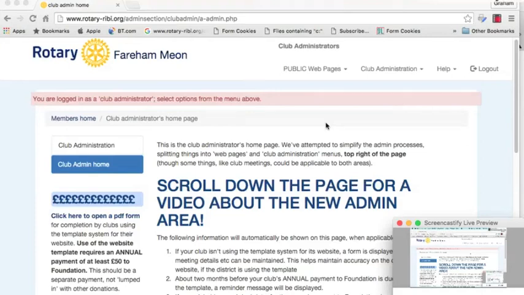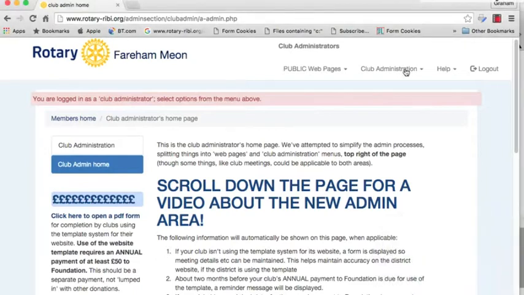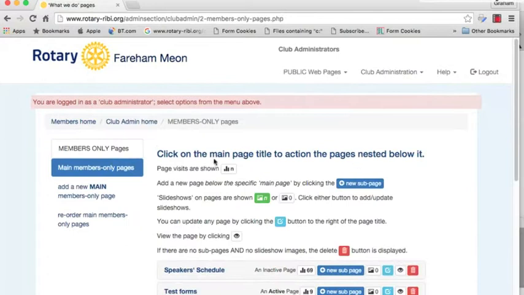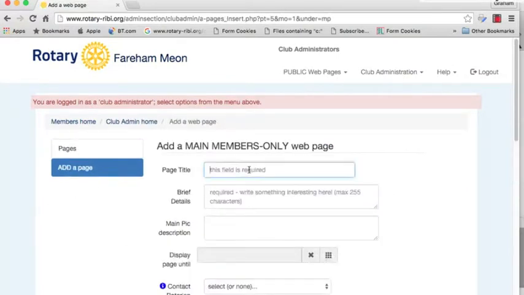Right, I'm going to tell you about how to add a form to a page. So we go to the Club Administrator's homepage and under Club Administration, select Members Only Pages. Then on the left-hand side, add a new Members Only page, fill in some fields, test form features, details,